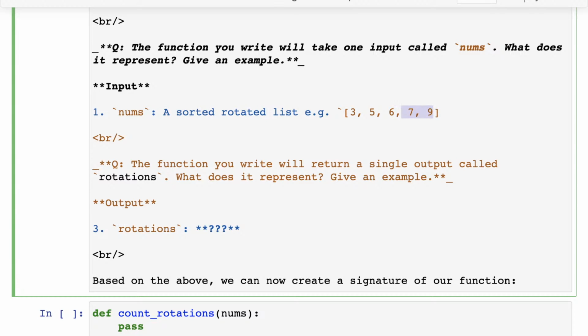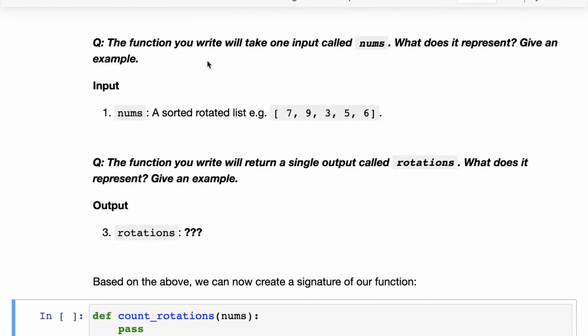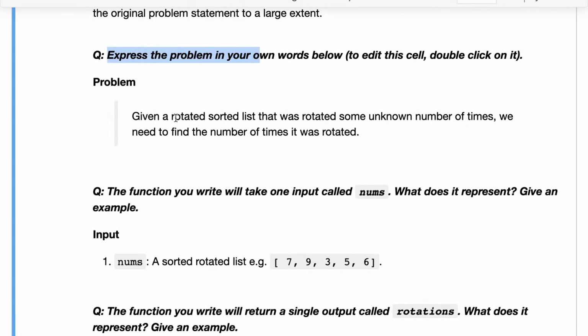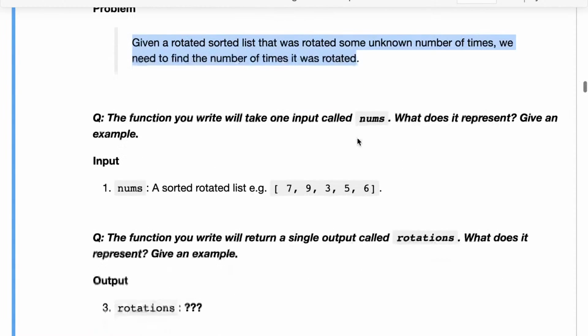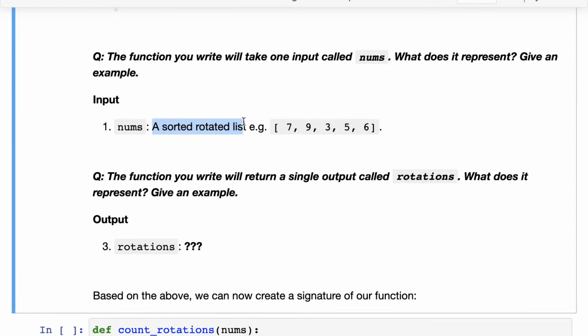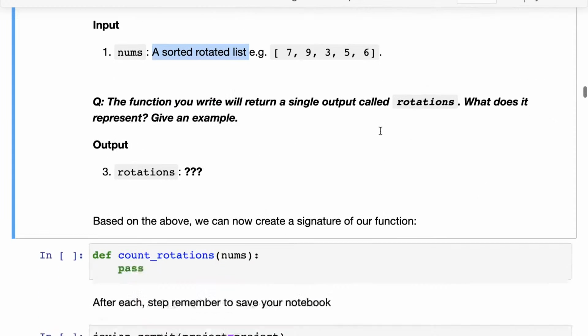Let's say we rotate it a couple of times. So we end up with this sorted rotated list. So that's our input. So we've answered the question here. Now the first question was to express the problem in your own words. This is the solution. The second question was, what does the input nums represent? Give an example. It represents a sorted rotated list, 7, 9, 3, 5, 6.